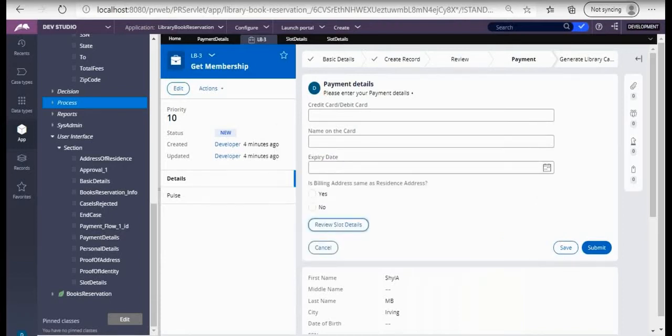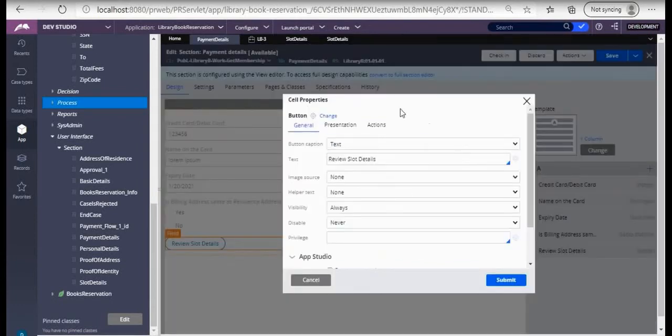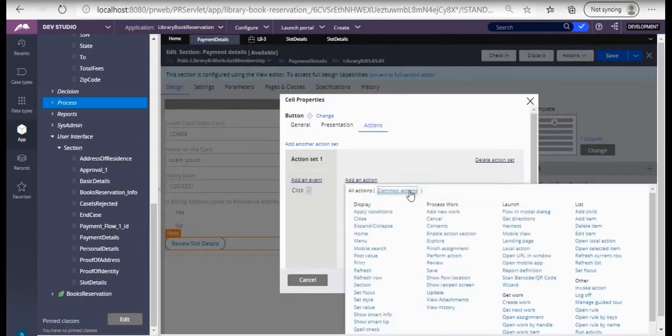Yeah, so this is how you do it. Local action means what you have to configure? Flow action. Smart info means what you have to do? You have to configure a section. Yeah, and you also have something called flow in a model dialog. Means the entire flow rule will come, the entire process.